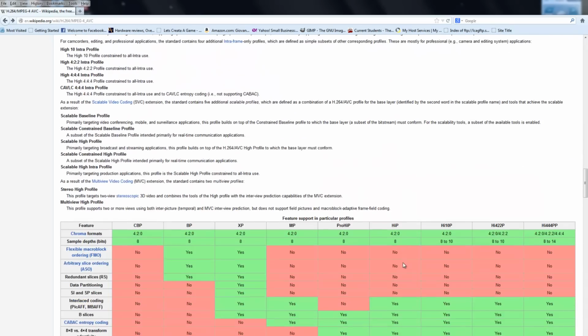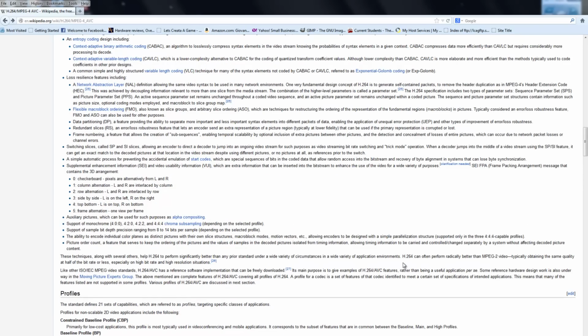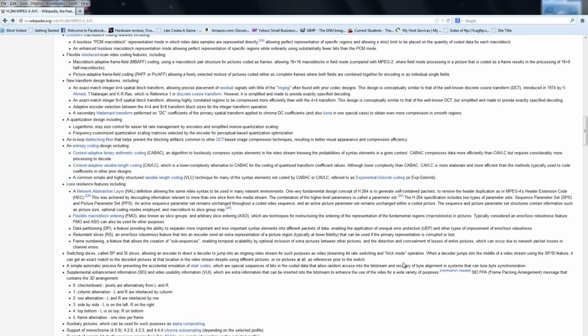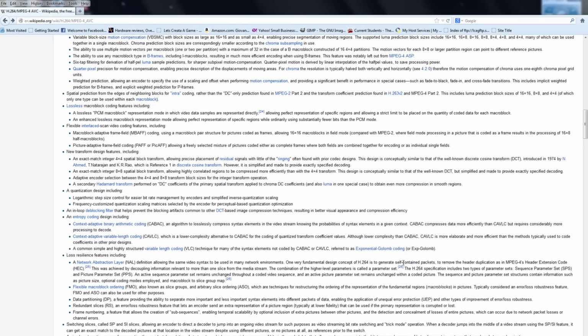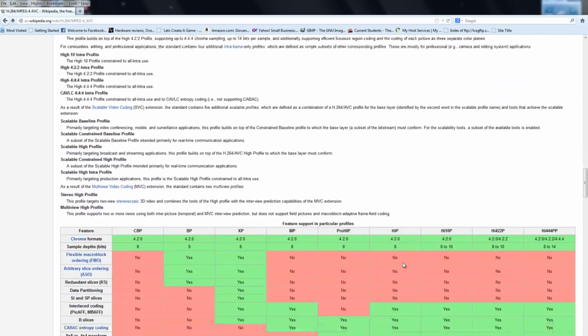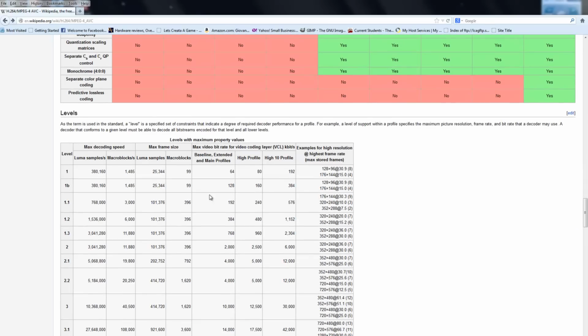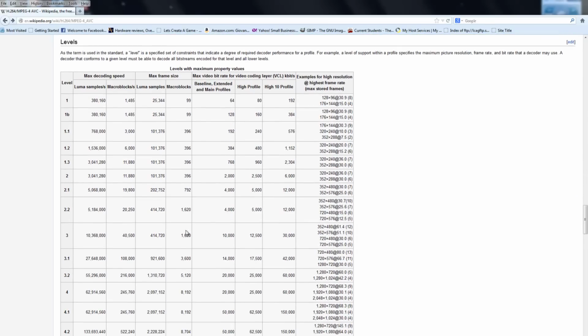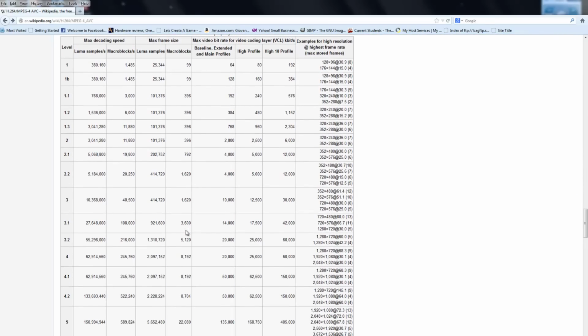So the problem here is that not all codecs are supported by 1080, or they don't support the right bit rate, or they don't support frames per second. The best way to find that out usually is to look down the levels, because for the longest time H.264, which is the competitor of VC1, they're both excellent formats, they're both used in Blu-ray,